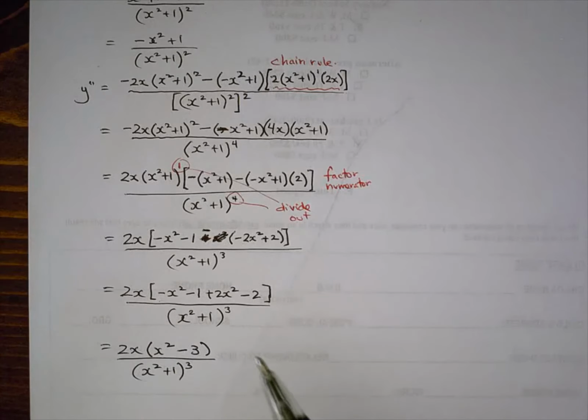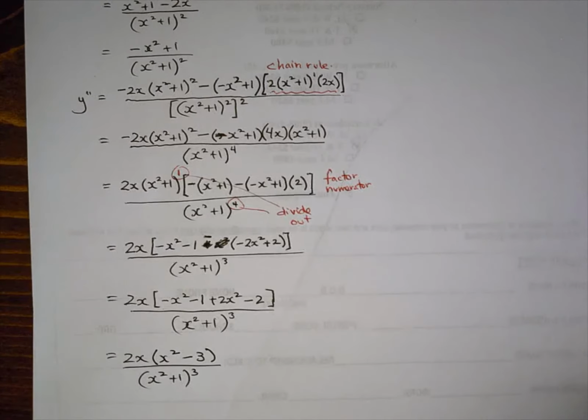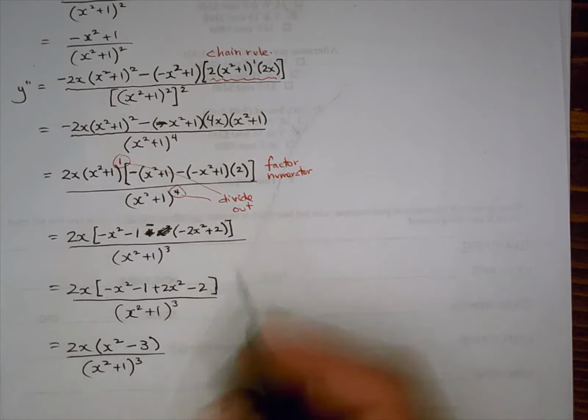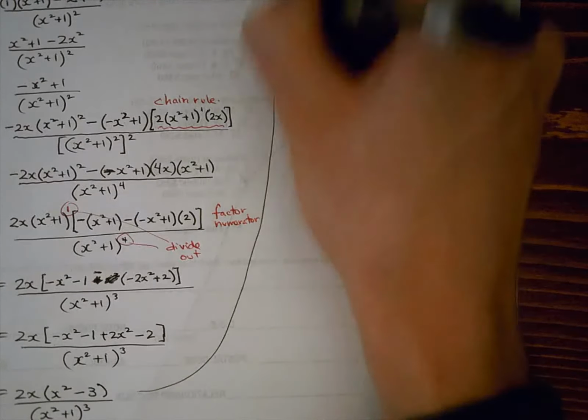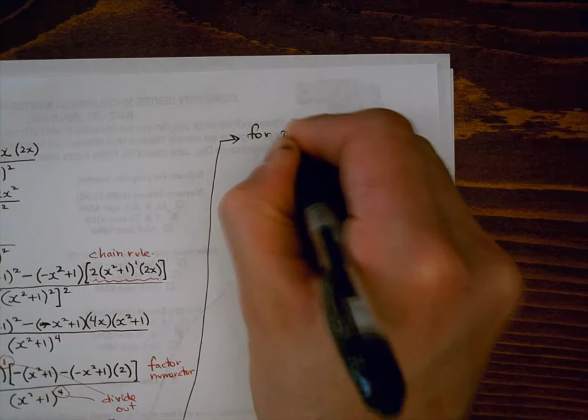And you should remember, if we have the second derivative, the next step is to draw the sign diagram. Where are we going to do this? Why don't I go up to the top of the page here, just so we have a bit more space. Well, sorry, the next step is to find the possible POIs. So let's go up here. So for possible POIs,